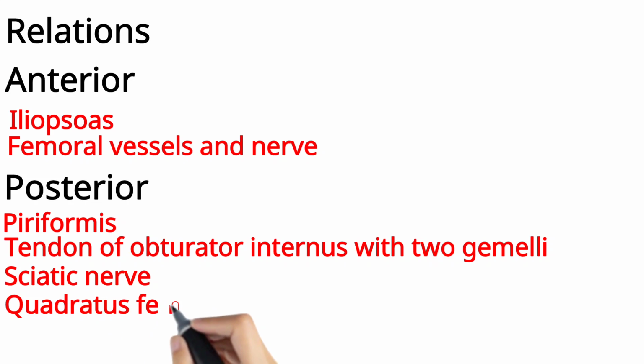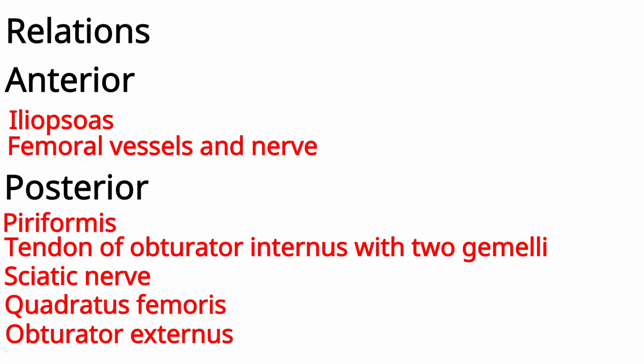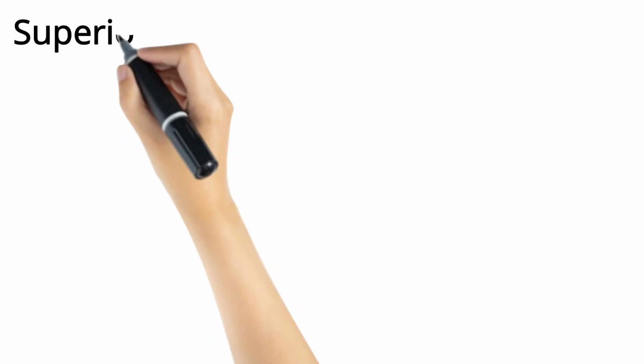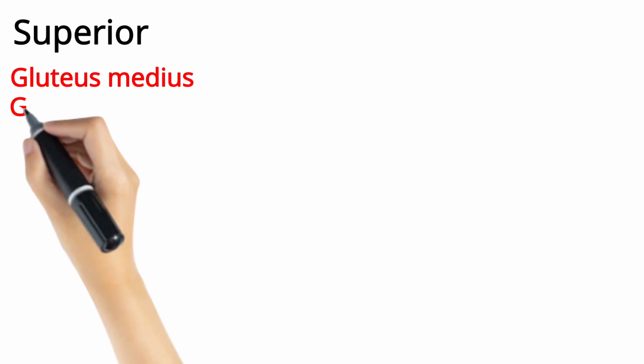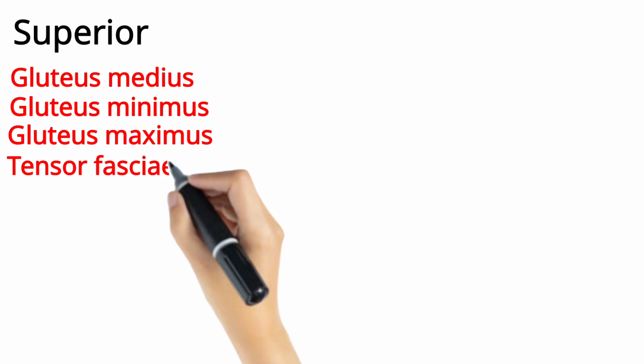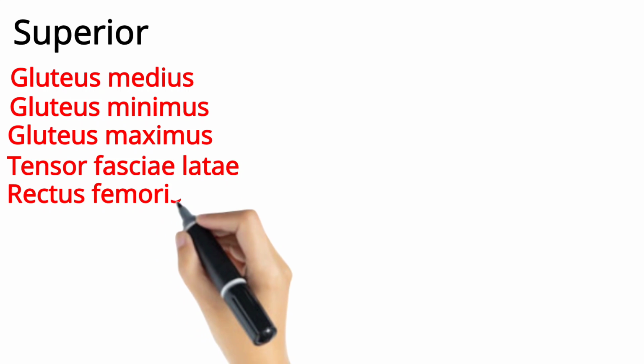Remember, obturator externus and obturator internus, both of them are the posterior relations of the hip joint, and two nerves are related posteriorly to the hip joint, sciatic nerve and nerve to quadratus femoris. And there is another very important muscle related posteriorly to the hip joint, which is piriformis. So basically the posterior relations of the hip joint are some of the structures of the gluteal region. Okay, and some other structures which are left out of the gluteal region are superior relations of the hip joint.